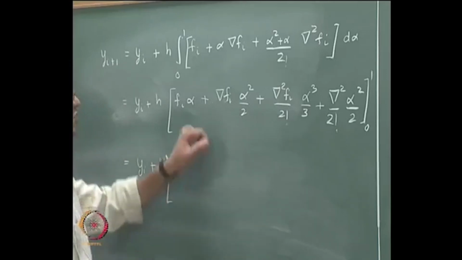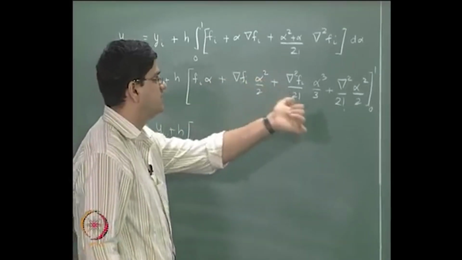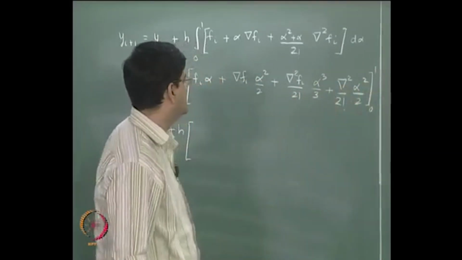Since alpha goes from 0 to 1, the difference is just going to be equal to, this is going to be 1, this will be replaced by 1, this will be replaced by 1, and this also will be replaced